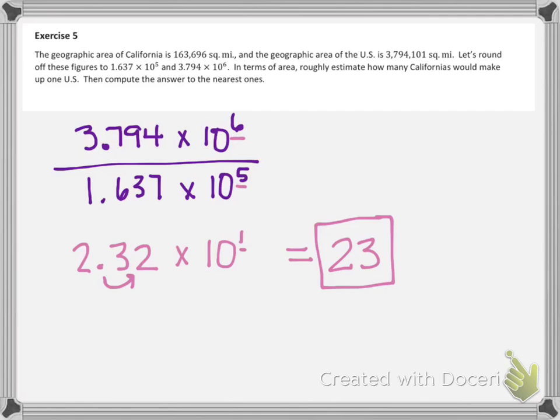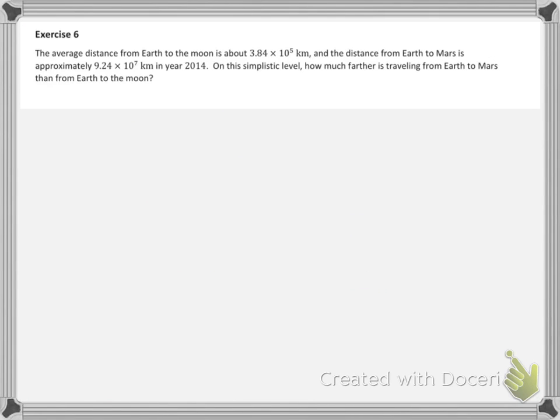Very good. Okay, exercise 6. The average distance from Earth to the Moon is about 3.84 times 10 to the 5th kilometers, and the distance from Earth to Mars is approximately 9.24 times 10 to the 7th kilometers in year 2014. On this simplistic level, how much farther is traveling from Earth to Mars than Earth to the Moon? Well, this is a subtraction problem, so the farthest is from Earth to Mars, so